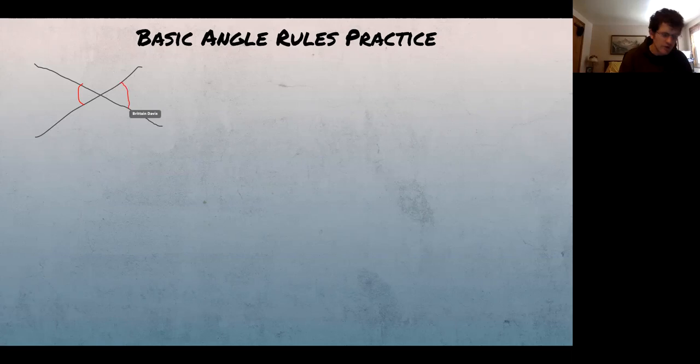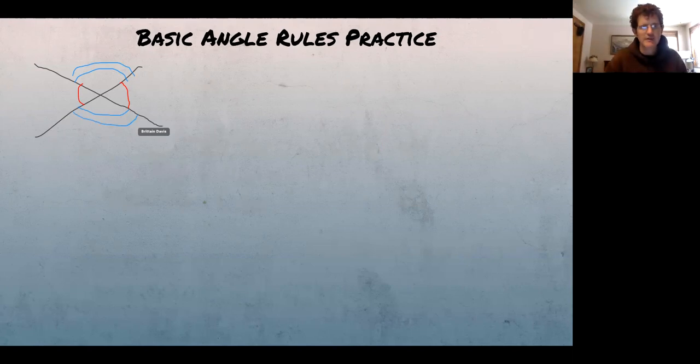So these two are called vertical angles. And we think of vertical as something that's sitting upright, but that's not how we mean it in this case. We just mean that these are angles that are opposite from each other at an intersection. Now these two angles here are another pair of vertical angles. So we've got two pairs of vertical angles at every intersection